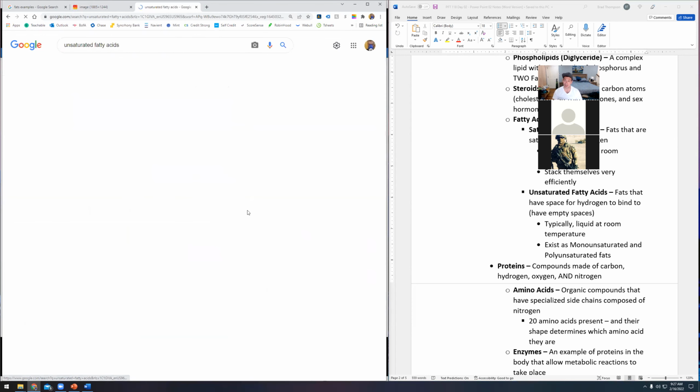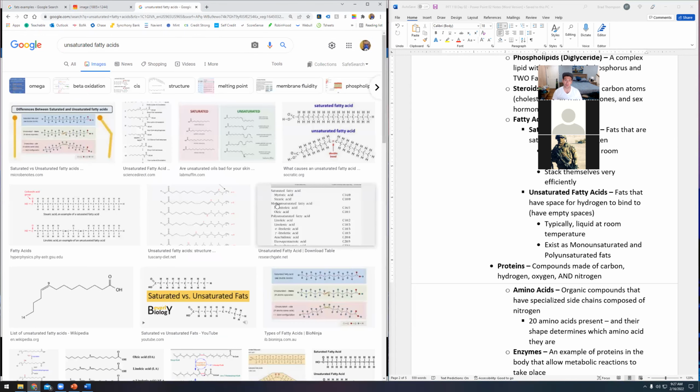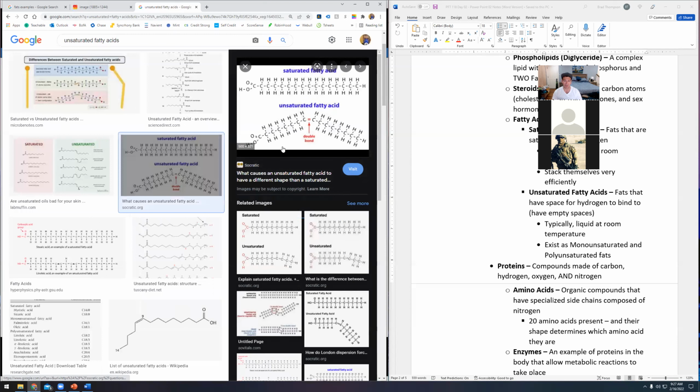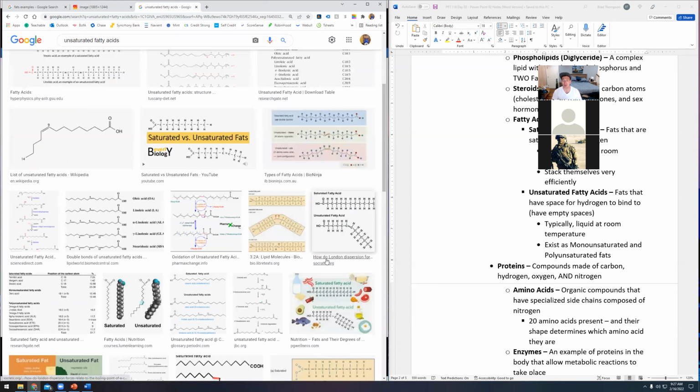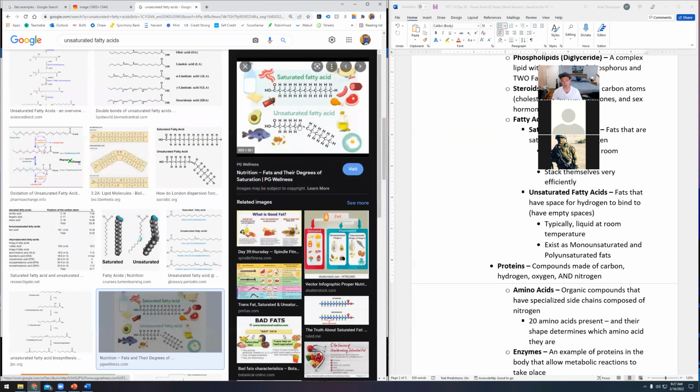Unsaturated fats have these little gaps in the table, and so it forms this little kink, right? So you can see there, that's one kink, right? But you can also have multiple kinks, right? So if it's got one kink, we would call that a mono, for one, unsaturated fat. And if it's got multiple kinks, we would call that a poly, for many, unsaturated fat. And that is usually associated with our good cholesterols.